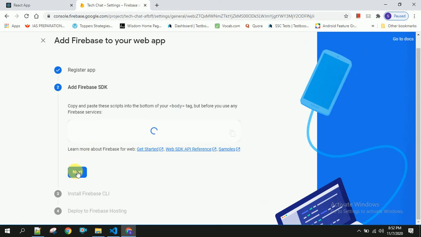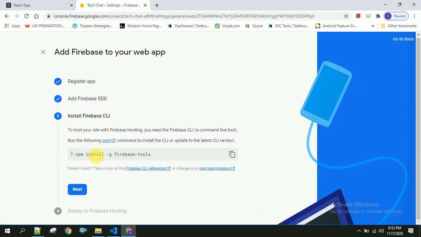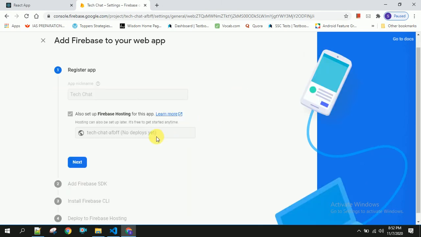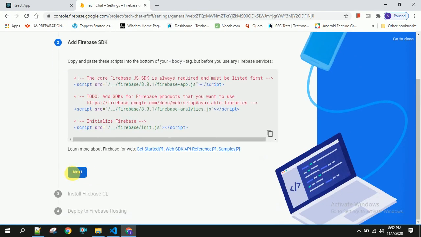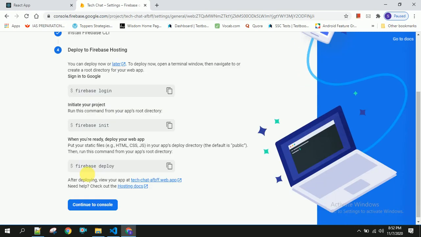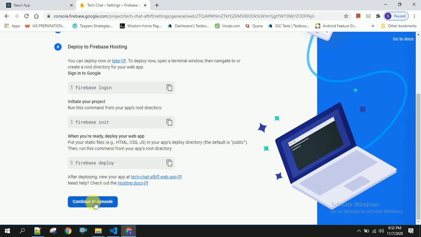Click on next. If you want to install Firebase in your application, then you have to copy this and install that. Click on next and next. Click continue to console.